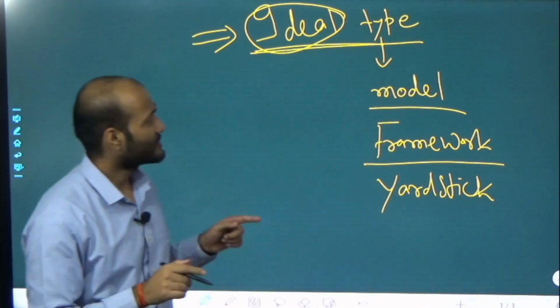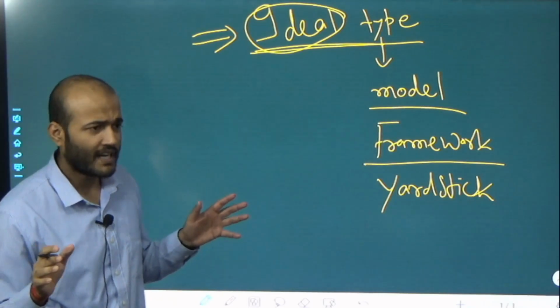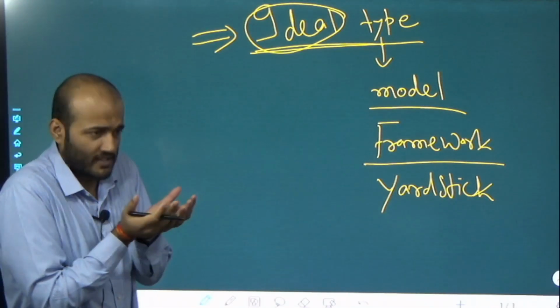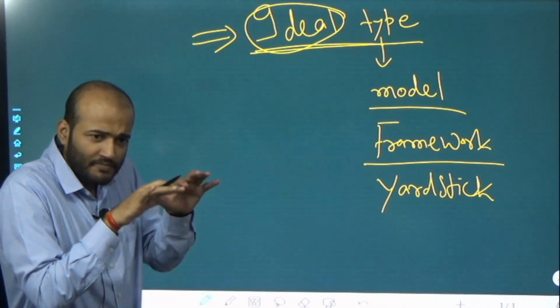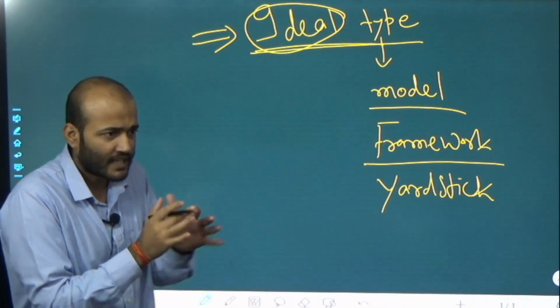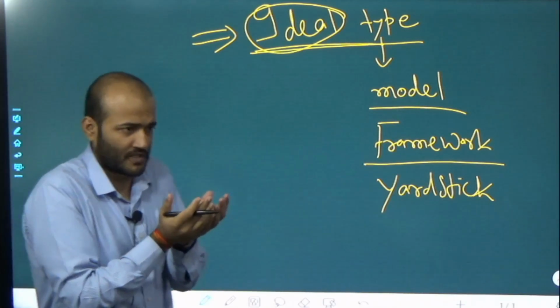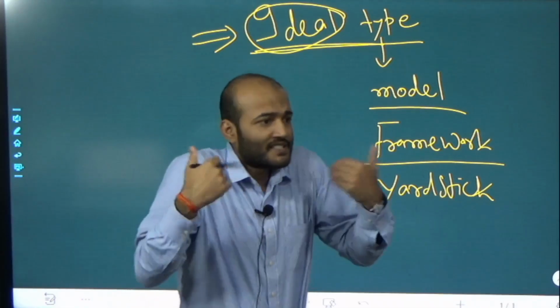So meaning समझिए, what is the meaning of ideal type? Ideal type is a kind of model, a kind of yardstick, a kind of framework to understand the other